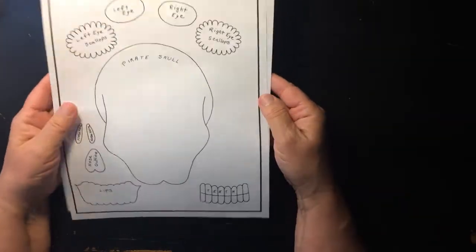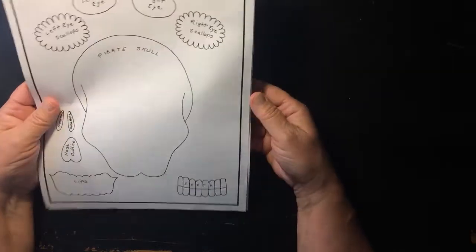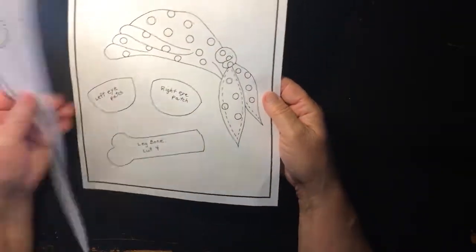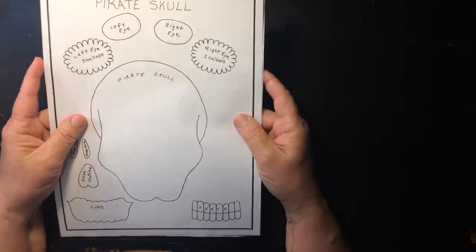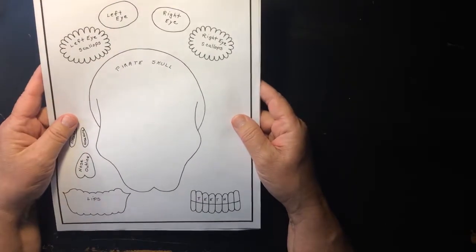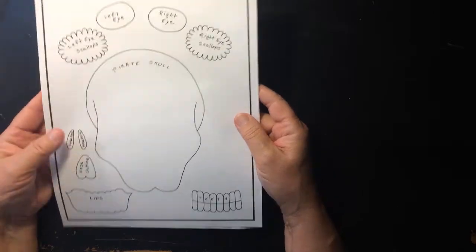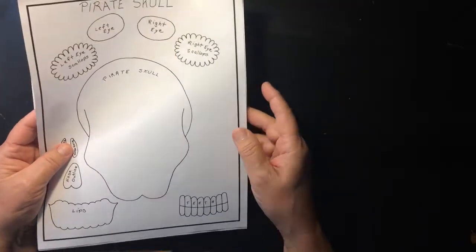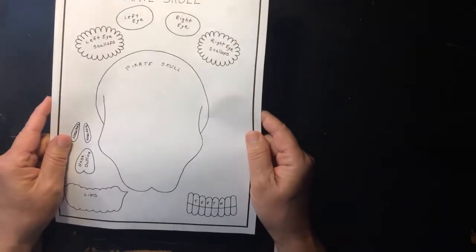Now, probably before you started, and I didn't think to tell you then, we have templates for your pirate skull that you can download and use to draw around and make your own skull. Or if you did the project right before this on drawing your own sugar skull, you could draw your own. Wouldn't that be neat? But if you're in a hurry or would rather not draw today, just download this template. It should be somewhere right around where this video lives. So, download this,